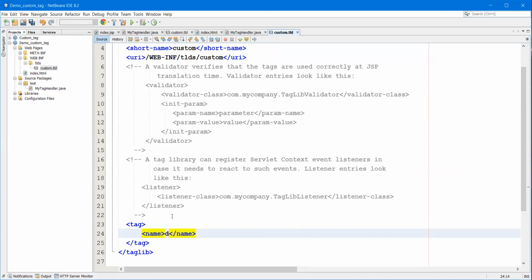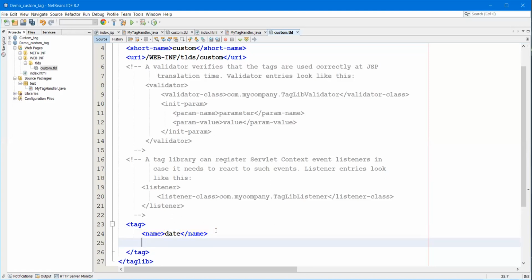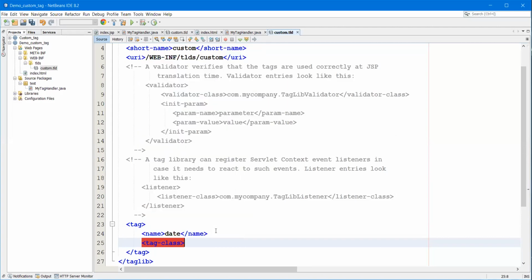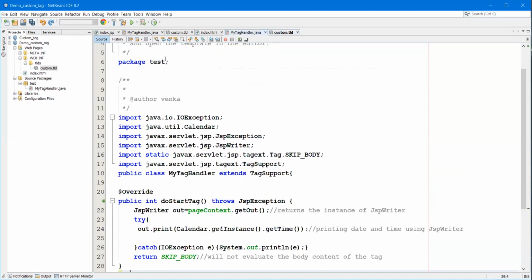The tag name is date. Okay, so the taglib class, the tag class. So what is the tag class? We need to specify the package, test.